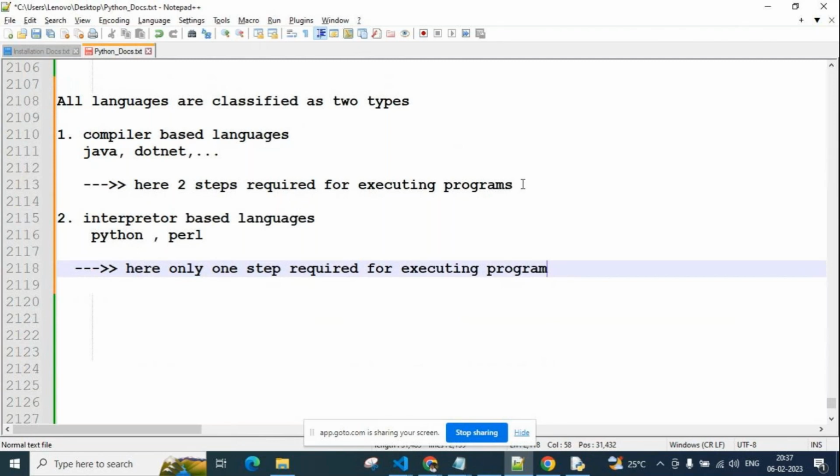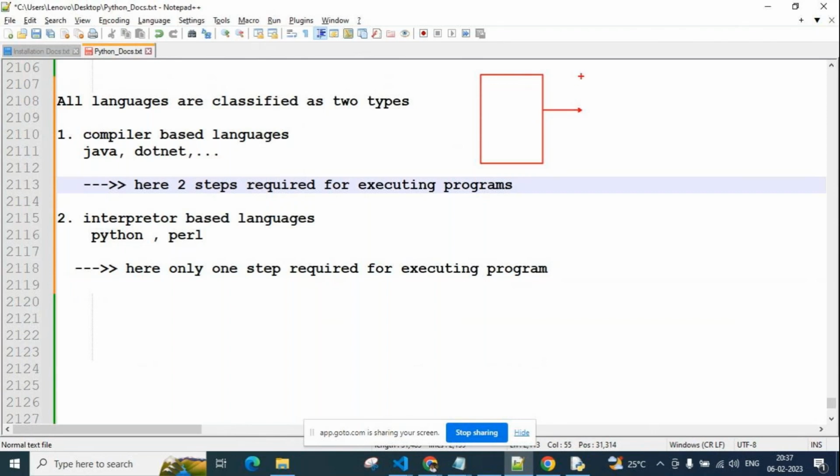Yes, guys, now see the two steps I said. First, we create the high level code, assume this is Java code. By using the compiler, we convert it into bytecode. Next, this bytecode is executed again by using the JVM. That's why we get output.